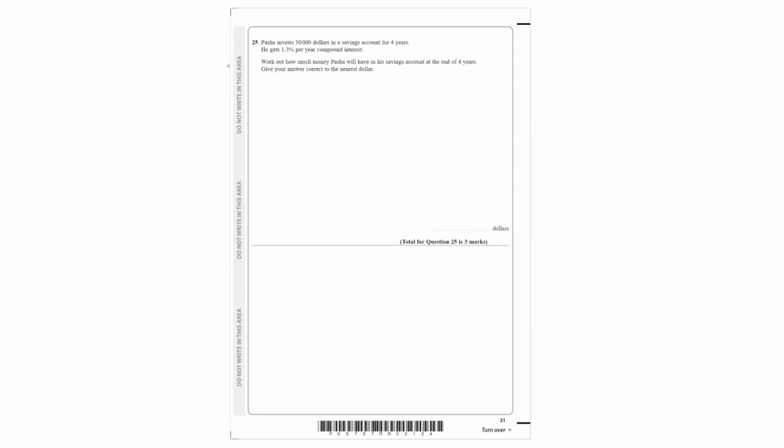Question 25. Pasha invests $50,000 into a savings account for 4 years. He gets 1.3% per year compound interest. Find out how much money Pasha will have at the end of the 4 years, giving your answer correct to the nearest dollar. Now, we know that the formula for compound interest is A is equal to P into 1